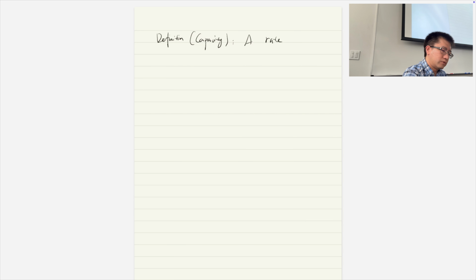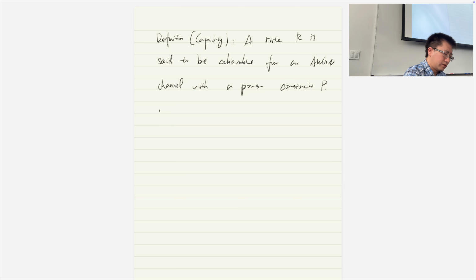So a rate R is said to be achievable for an AWGN channel with a power constraint P if